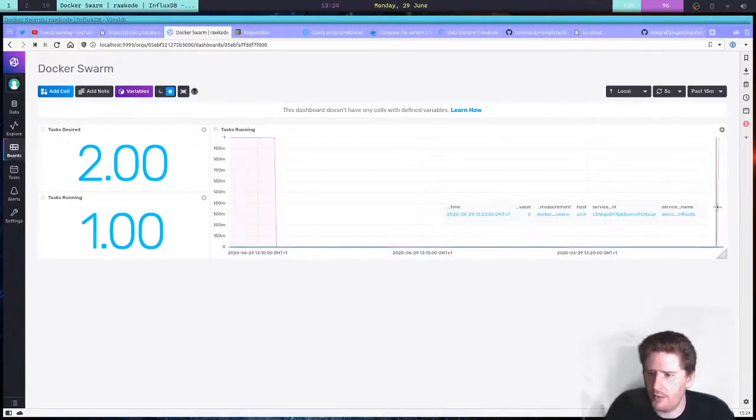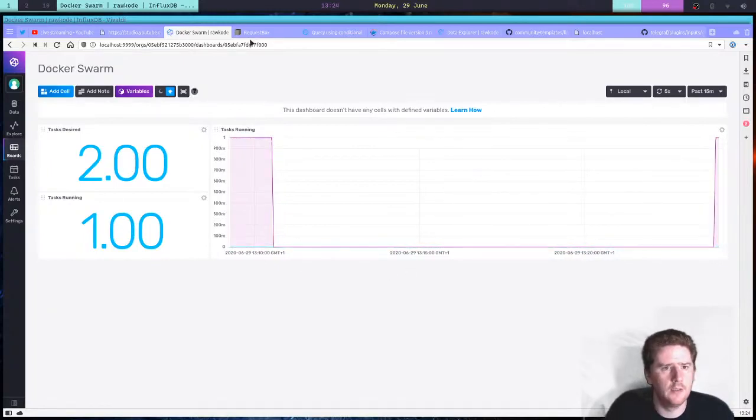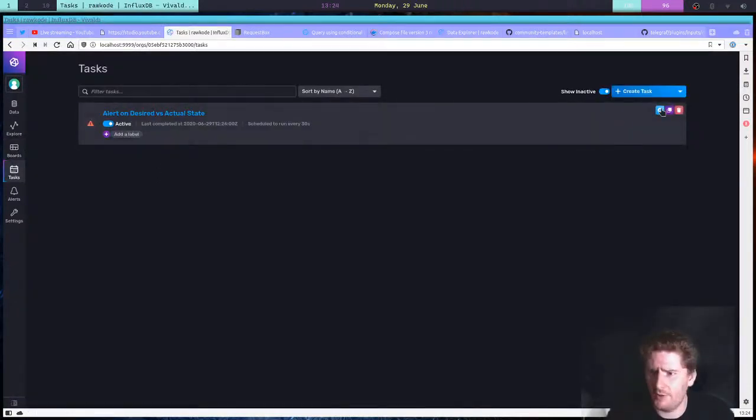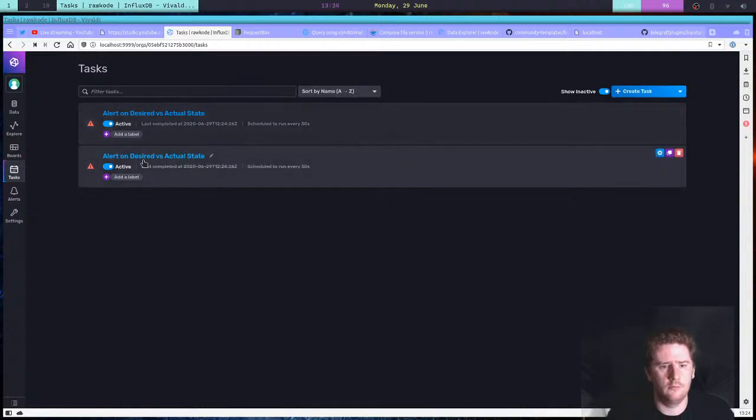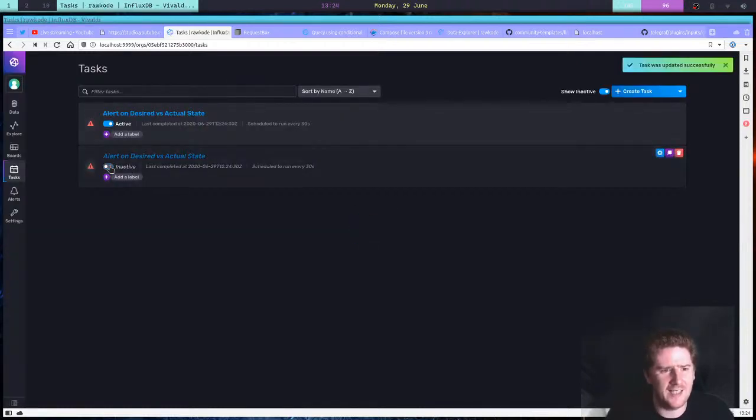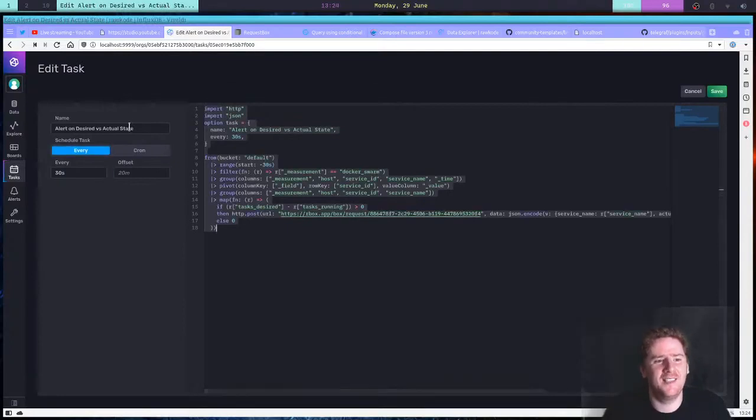Okay, so we have our failure identified. Nothing yet, but it should hopefully be less than a minute. Let's come back to our task, and I'm going to duplicate this just to stable it while I work on it. Oh wait, that was that one. Oh, surely that's a bug. Is it deactivating based on name? No. That was weird. Okay, so this task is